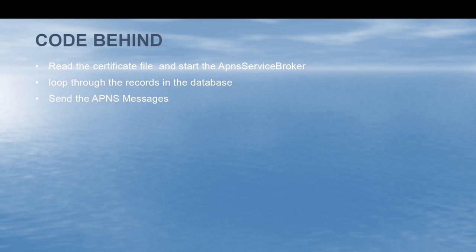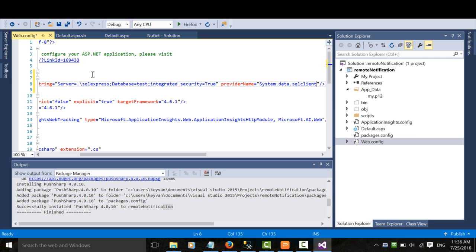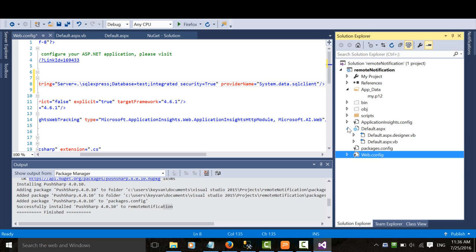Okay, so before getting to write some code, let's see what we should do in the code behind file. First, we should read the certificate file and start the APNS service broker. Then we should loop through all the records in the database and send the APNS messages. Now I open the code behind file. Here is default.aspx.vb,